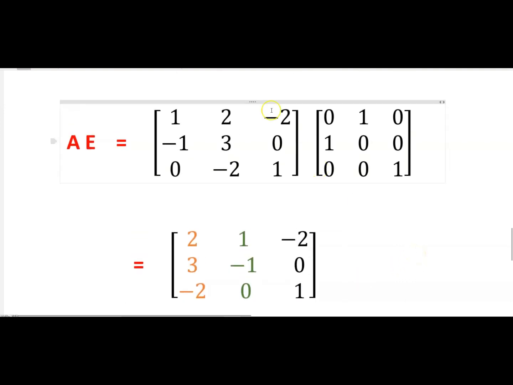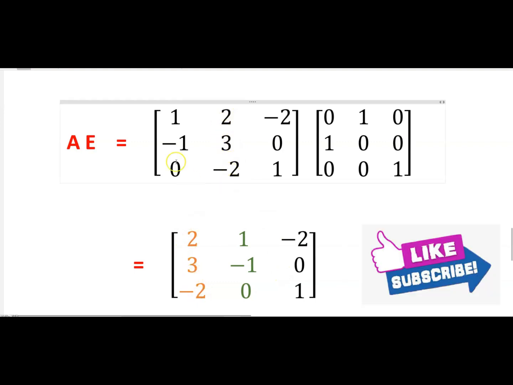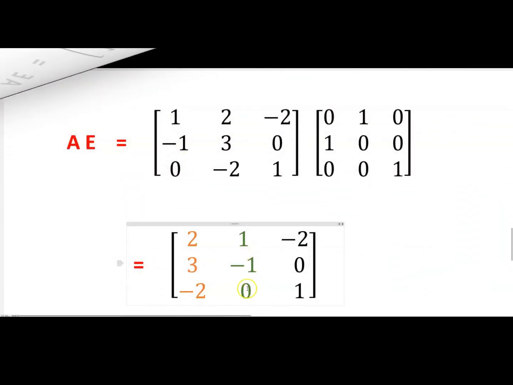Now as you can see, this was the A matrix, and now after multiplication this is the resultant matrix, and you can see that the second column has become the first column, and the first column in the A matrix has become the second column, right?